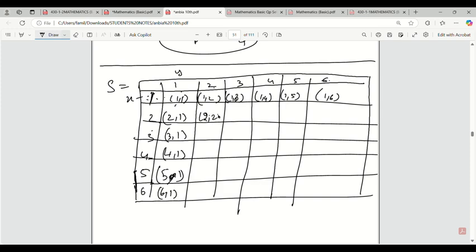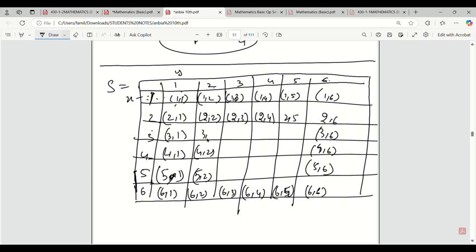If you go on, what you'll get here, again 2 comma 2, 2 comma 3, 2 comma 4, 2 comma 5, 2 comma 6, 3 comma 6, 4 comma 6, 5 comma 6, 6 comma 6, 6 comma 2, 6 comma 3, 6 comma 4, 6 comma